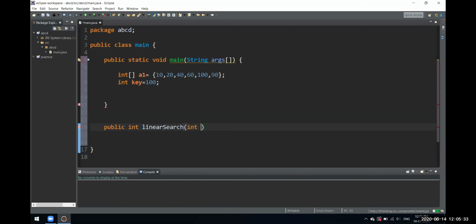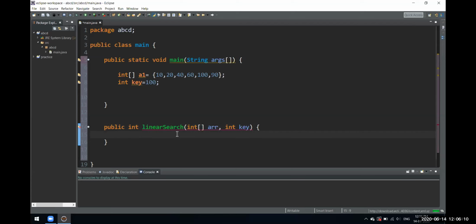It will accept an array of elements, name it arr, you can name it anything, and the key. The key is just the element which we want to find inside that array. So we made a method which has two parameters: one is an integer array, and the other is an integer, that is the key.